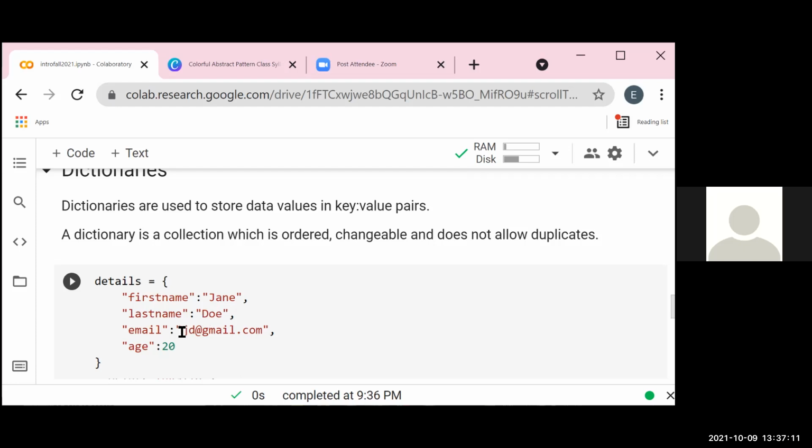The key is last name, the value is Doe. The key is email, the value is jd@gmail.com. The key is age and the value is 20. So that is what we mean by keys and values. And we'll now see the importance of having these keys and these values.